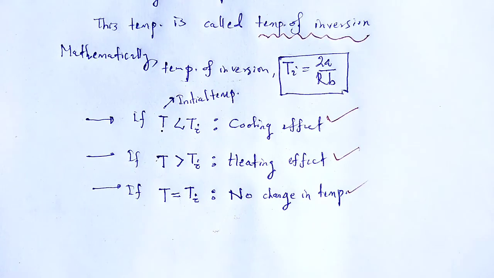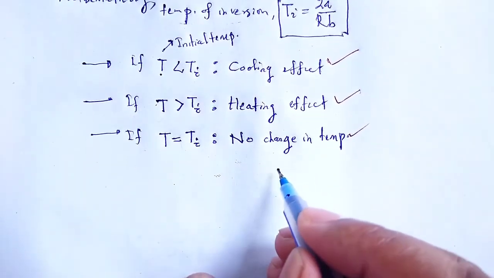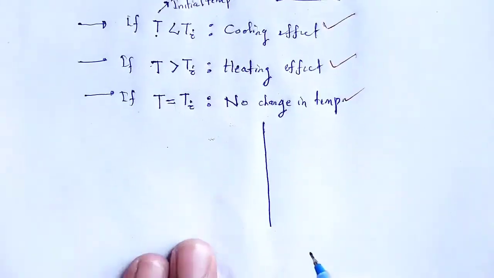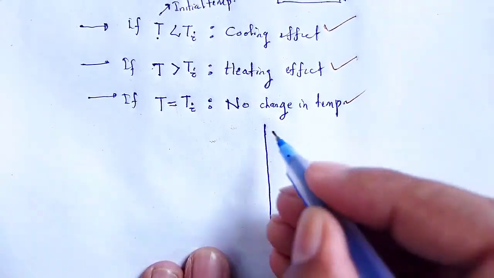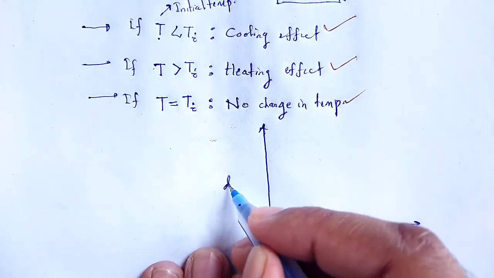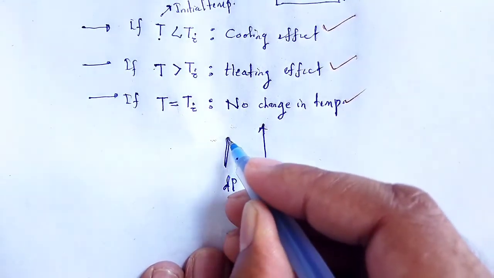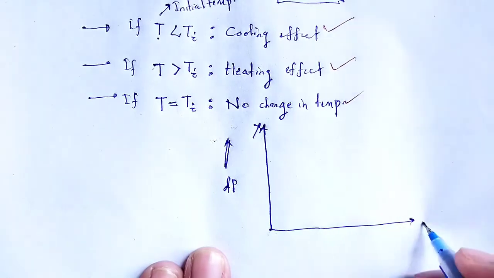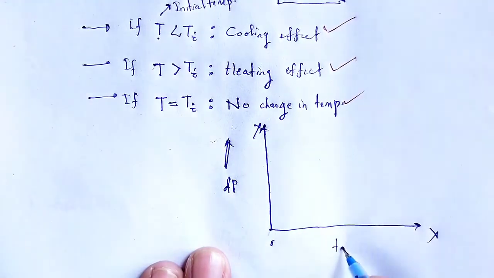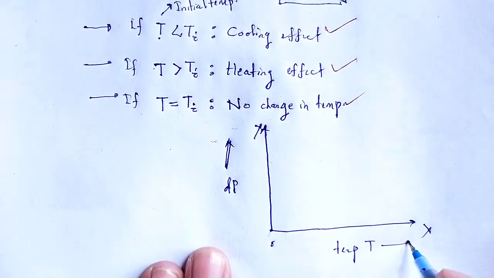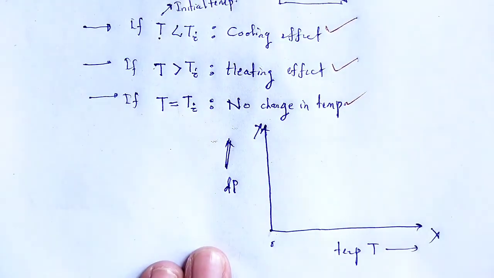Now, if we plot a graph by taking the pressure difference dP on the y axis and temperature on the x axis,